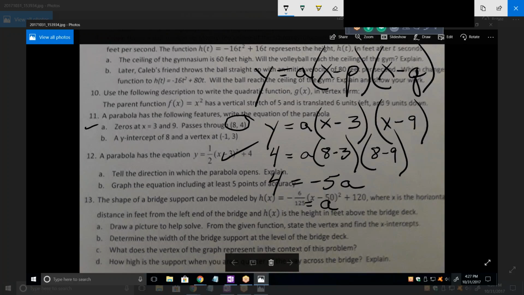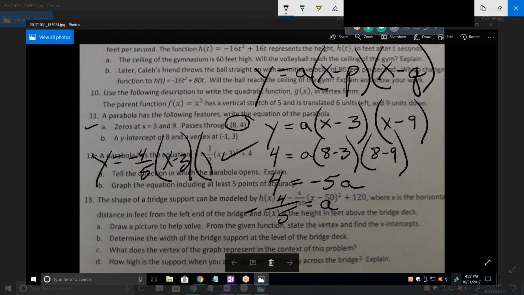4 over 5. 4 over negative 5? Or how about minus 4/5? Yeah. Now, what's the equation that they want? y equals negative 4/5 times x minus 3